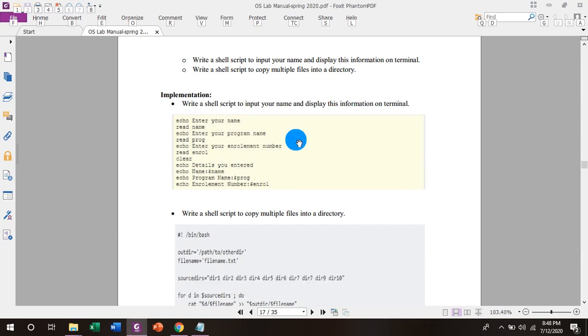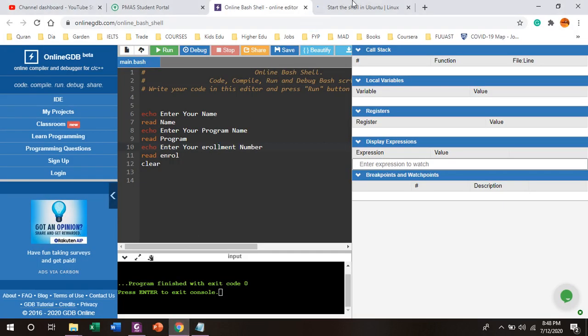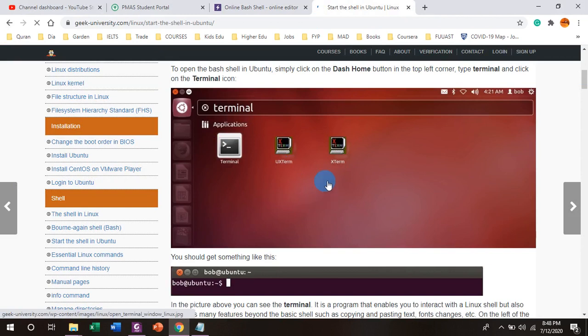Now let's implement our first example. Write a shell script to input your name and display this information on terminal. If you have Ubuntu installed on your system, then to open the bash shell in Ubuntu, simply click on the dash home button in the top left corner, type terminal and click on the terminal icon, and here you will see